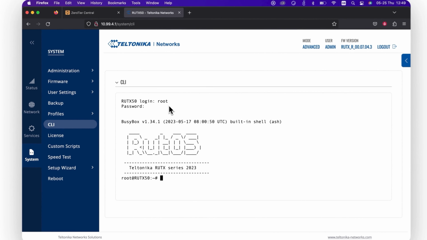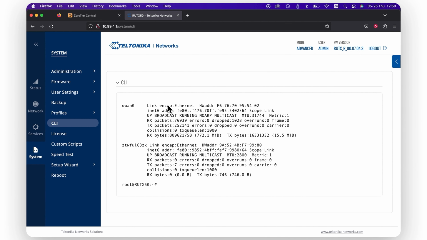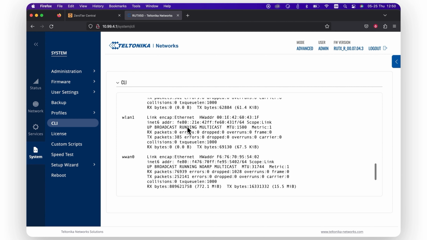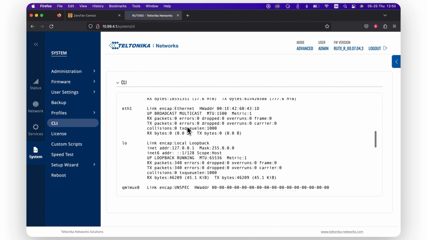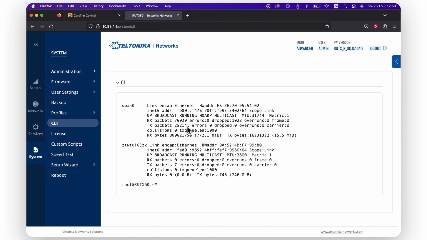After logging in, type in the command ifconfig and press Enter. By doing so, you are greeted with all your device's existing interfaces, but ZeroTier's is the one you need to look for. Its interface's title begins with the letters ZT. When you find the interface, copy its name